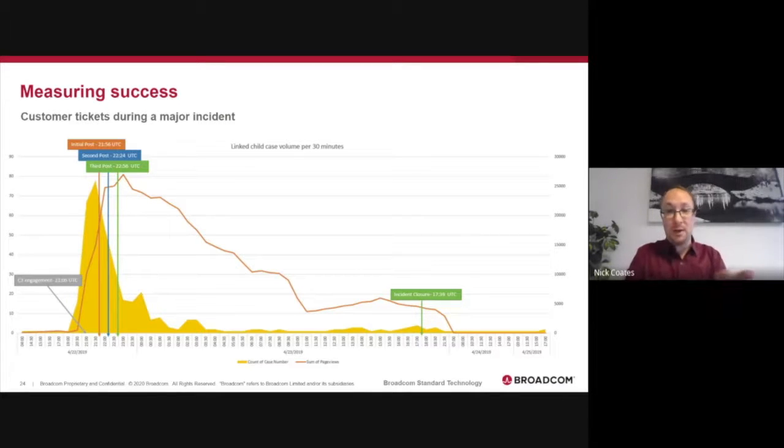This chart here is an example of a major incident that happened to one of our products. What we were basically seeing is an increase in customers raising tickets and contacting our support team during the major incident. The yellow graphing shows how many tickets are being created at that time. You can see that we peaked around 21:30, at our maximum level of cases. But then when we started to post, our initial posting at 21:56, then a second posting, a third posting, and so on,